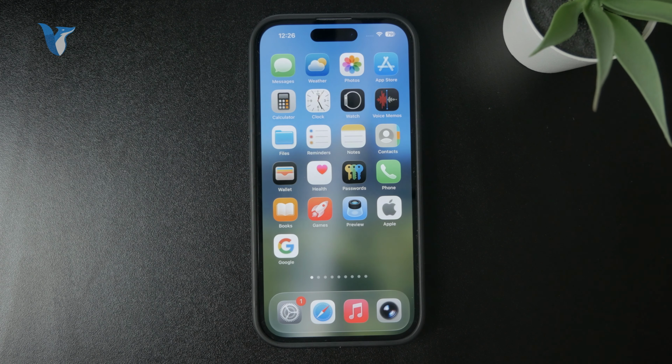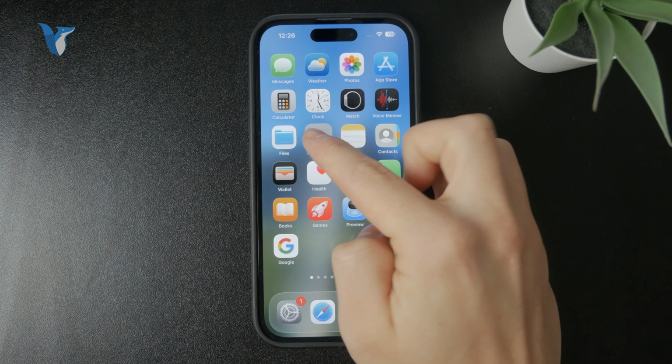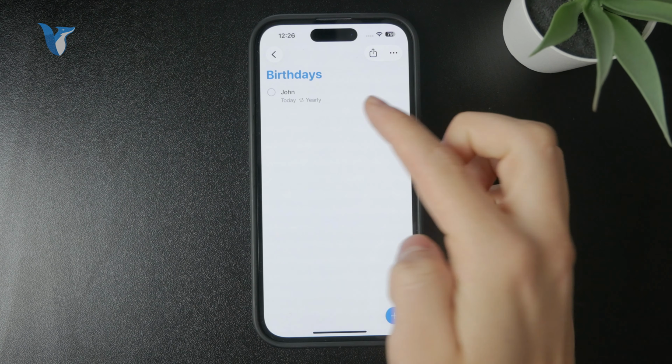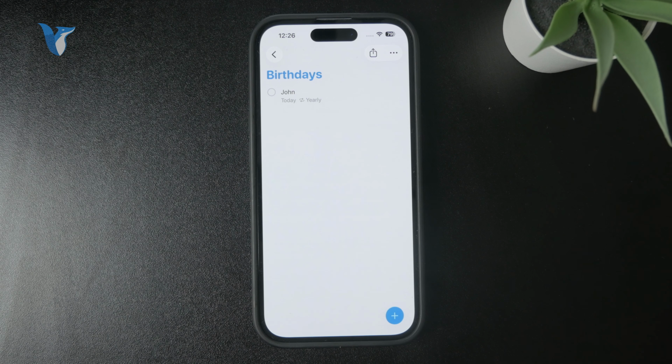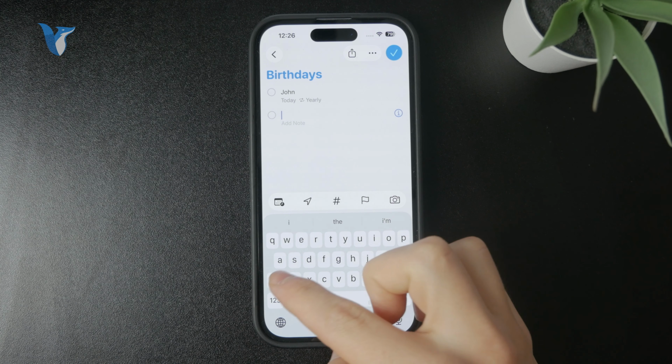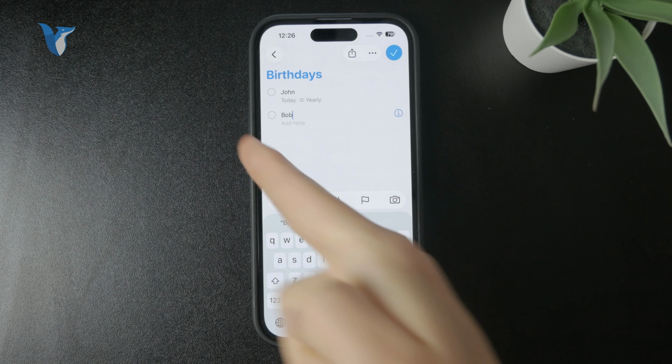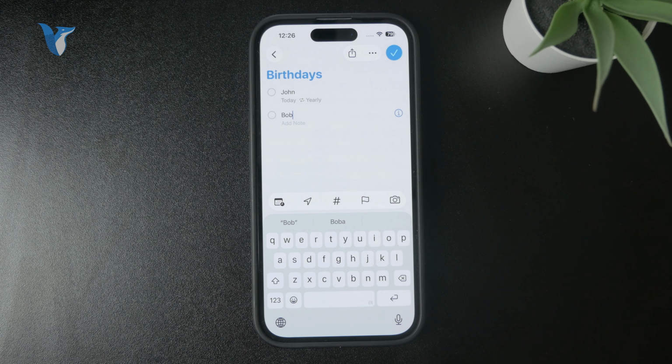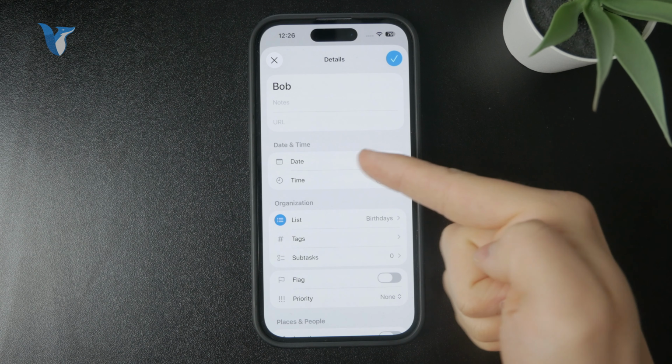So there are more ways how you can do this. You can use the Reminders app if you want. You can open up the app, it's going to be built in on your iPhone, and in there you can even come up with your own list of reminders and name it birthdays. And in there, you can always tap the plus button, type in the name of the person and their birthday, right? Click on the more information and set up a specific date and a time when you want to be